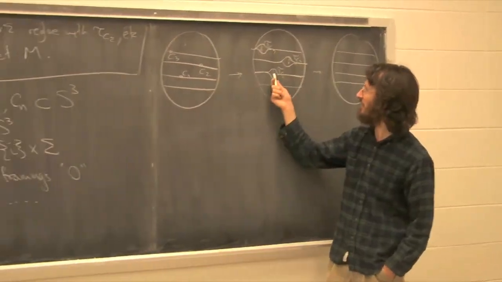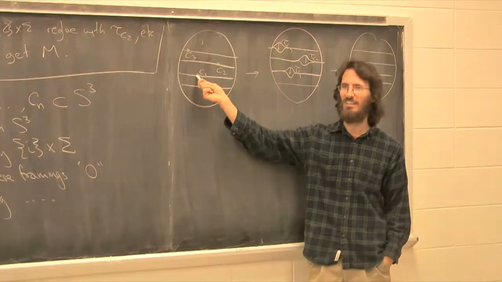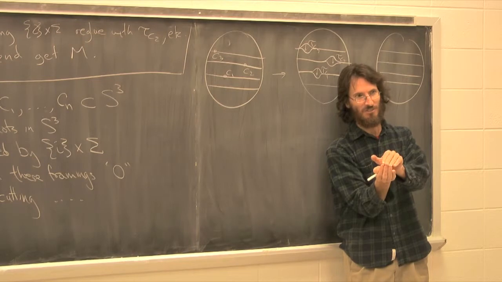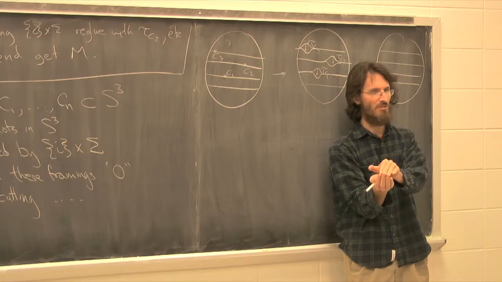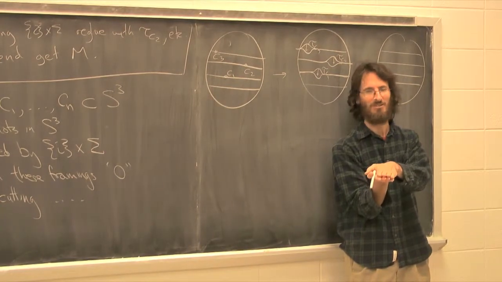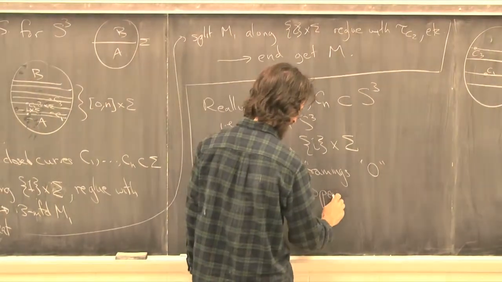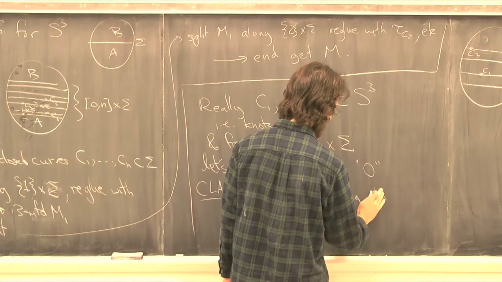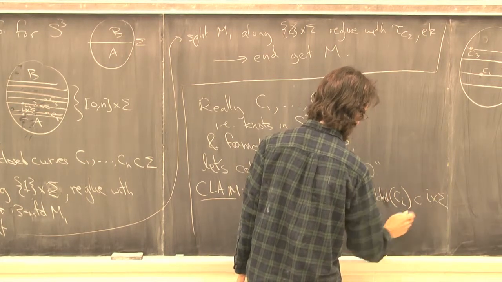But then the point is to observe that we are removing this cutting open along an angular neighborhood of a circle. Cutting open is really the same thing as removing a solid torus neighborhood of that circle, and then closing it up again is putting a solid torus back in. Okay? So the first claim is that cutting open along a neighborhood of CI inside I cross sigma and re-gluing